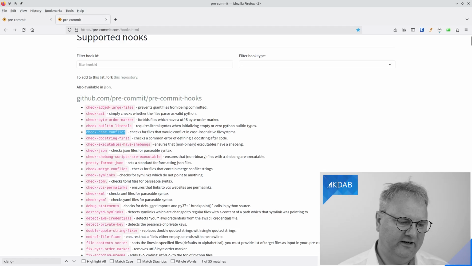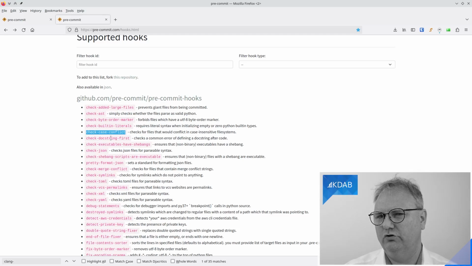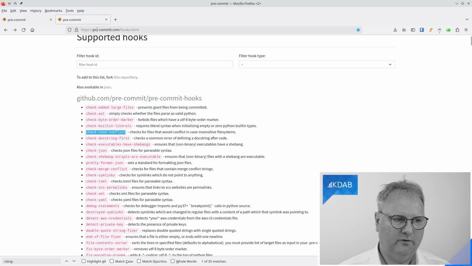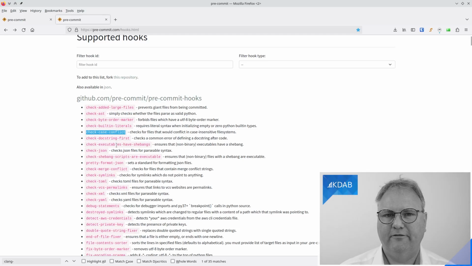Now you will have to go and figure out which of these checks you would actually like. As I said, more checks means better software, and means that those people doing the review of your commits are not sitting there and saying, well, you should get the indentation right here, or you should be careful with this and that. And let me just look at, so I'm back at the pre-commit hooks page here, and take a few that I actually added myself right away.